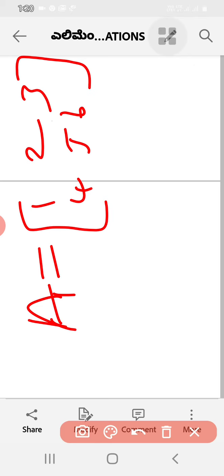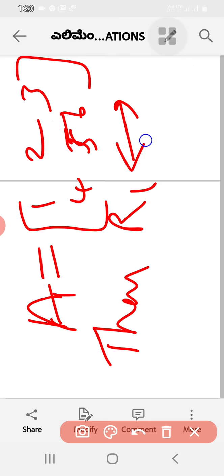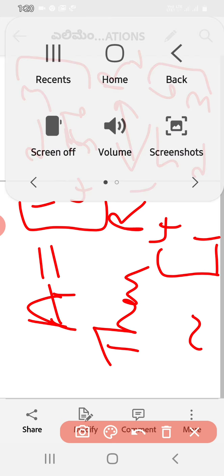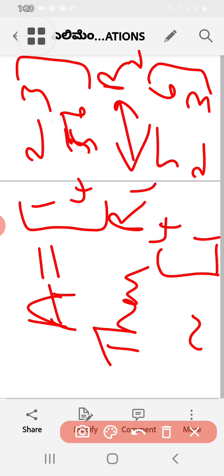so this one, 4 5 6, then see, if I write this one, I can interchange the first row and second row. That means I can write 4 5 6, 1 2 3. See, this is the transformed matrix. Okay, this is the transformed matrix. So these are all the elementary properties of matrices, elementary operations on matrices.